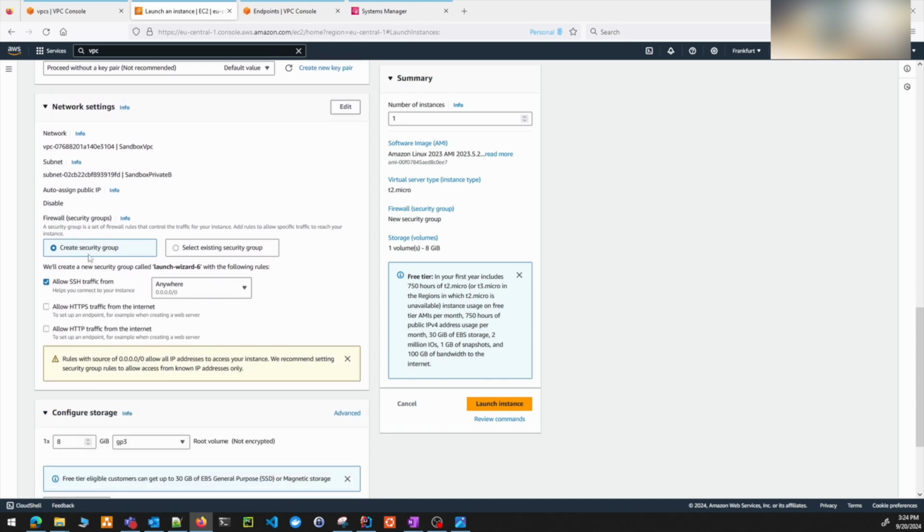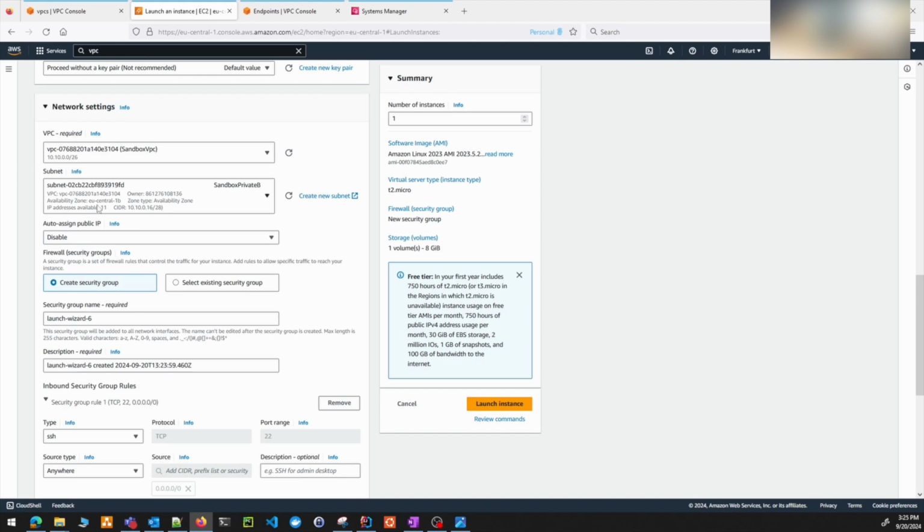All I need, you can create a security group. SSH traffic is fine, but what you can do is not do any SSH traffic. This is fine, but you can do HTTPS traffic. So we have to allow HTTPS traffic from inside our VPC, because the SSM agent tries to reach the instances via this HTTPS connection. So for that, we will allow on both of the instances via the security group only HTTPS traffic from inside this VPC. Okay. So in the network settings, all we will change is the VPC,